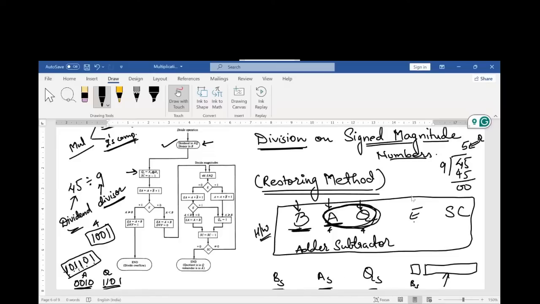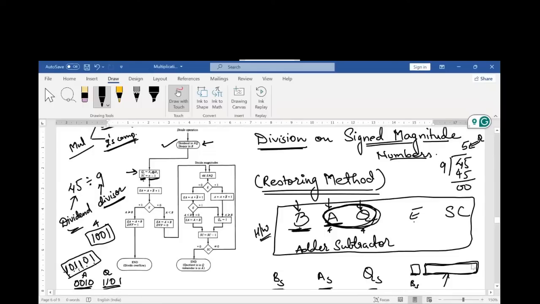Now here they are initializing the sequence counter with n minus 1, assuming that the sign bit is present in the register itself. But if we take it separately, what would be the value of our sequence counter? It would be the number of bits in my number. Till now, whatever we did in the previous two multiplication algorithms, similarly here also